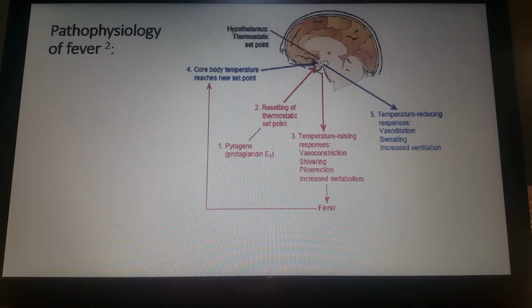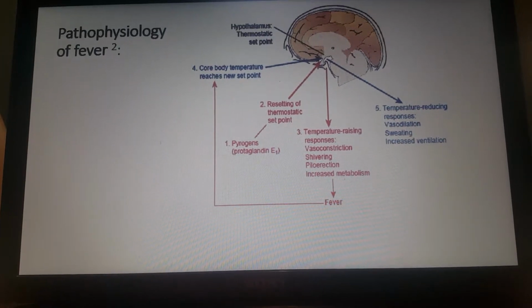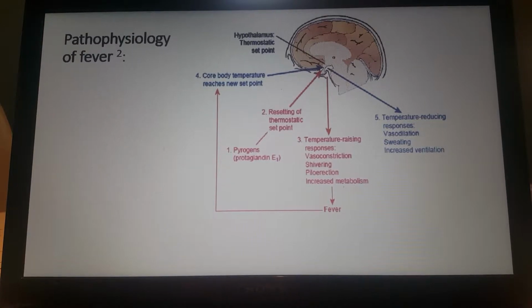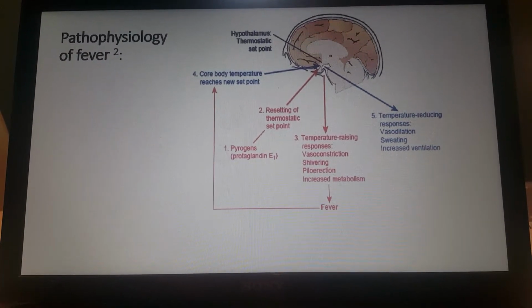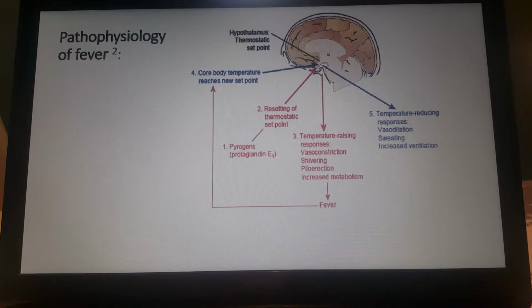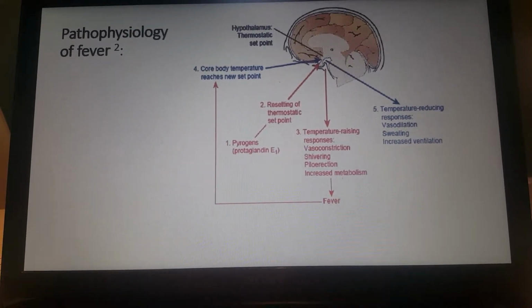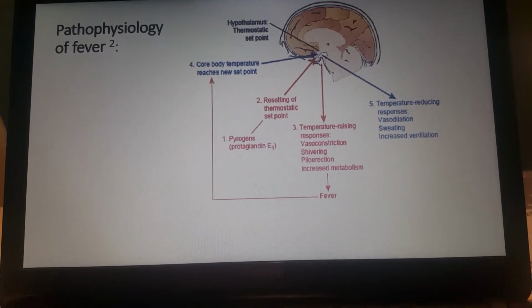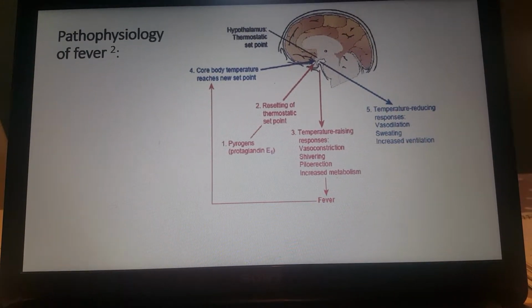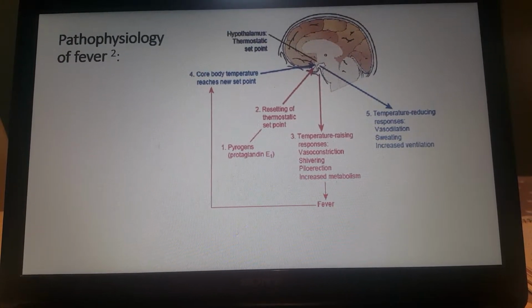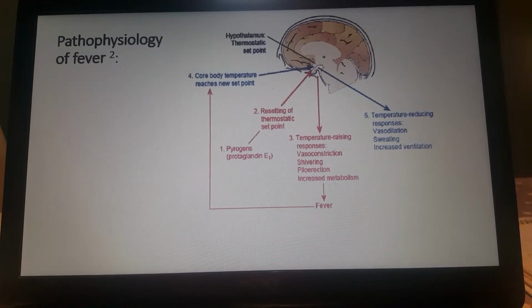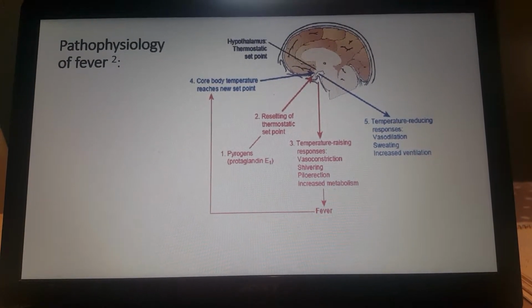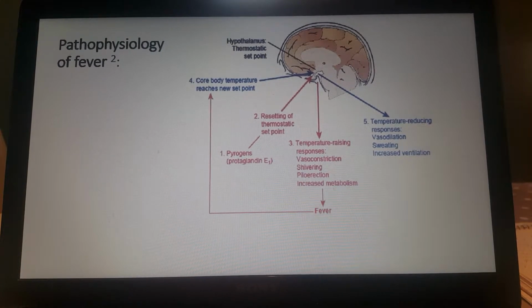Look briefly at the pathophysiology of fever. So we know that microbes and microbial toxins act as exogenous pyrogens, and we know that these stimulate the release of endogenous pyrogens, including cytokines such as interleukin-1, interleukin-6, tumor necrosis factor, and interferons. These cytokines are, of course, released by monocytes, macrophages, glial cells, and B lymphocytes, all important cells of the immune system. And if you look at number 1, these pyrogens lead to a resetting of the thermostatic set point